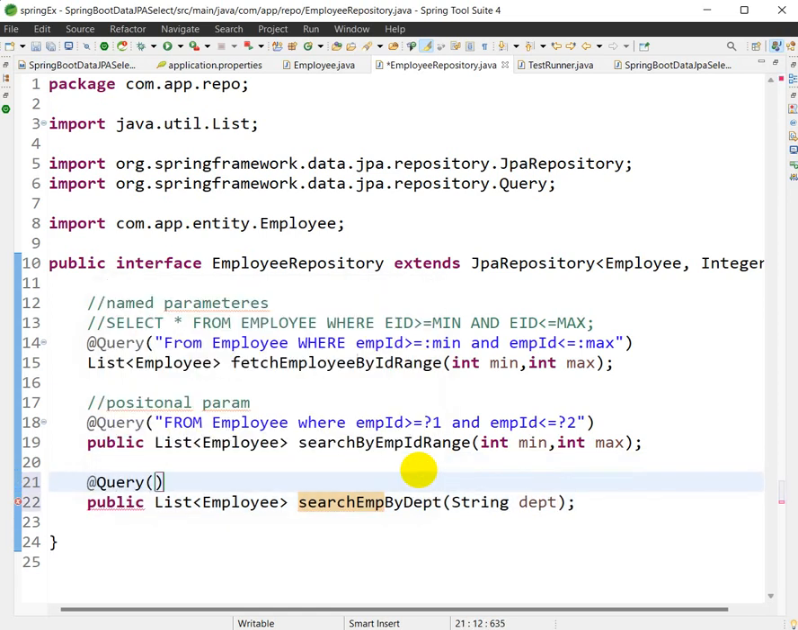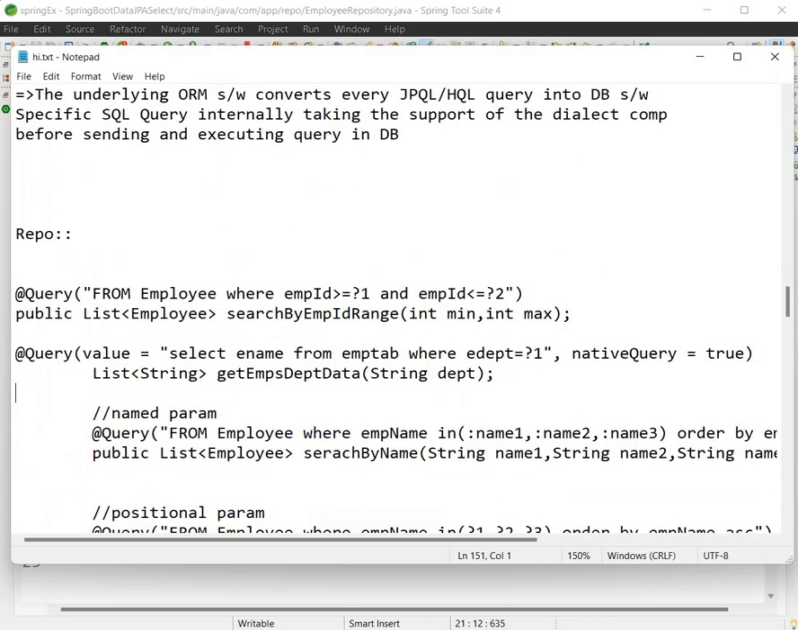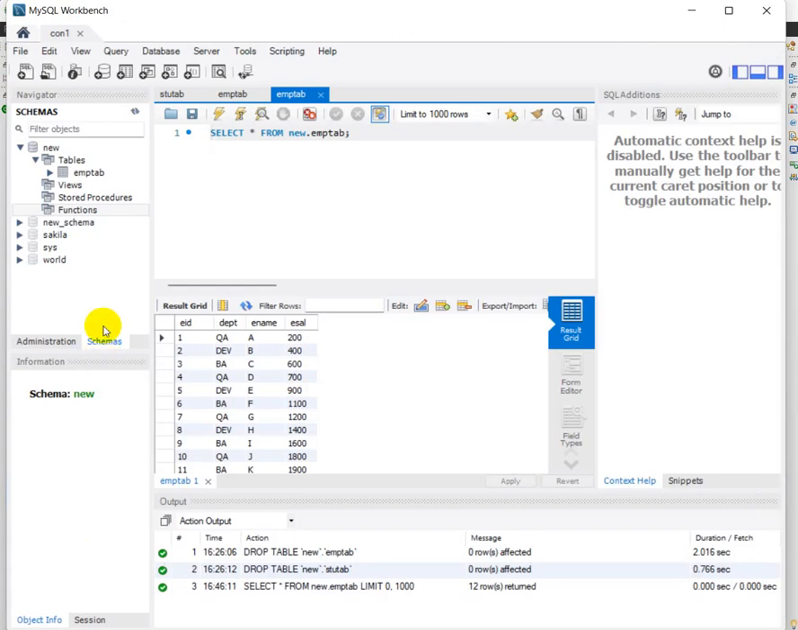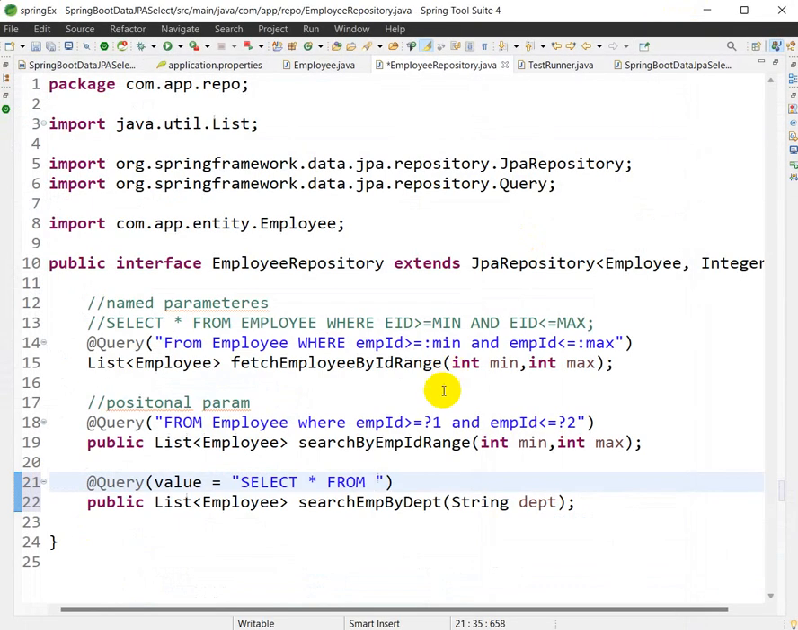Now add the query annotation, and here we have to use value and native query. So value equals to, whatever SQL query you use, we will use that. So how can we use this? Let's see. Select star from, so we are writing a SQL query here, which means we have to use the table name. The table name we have given is EMP tab. So select star from EMP tab,